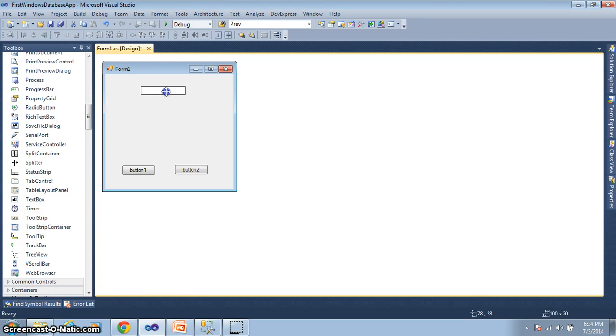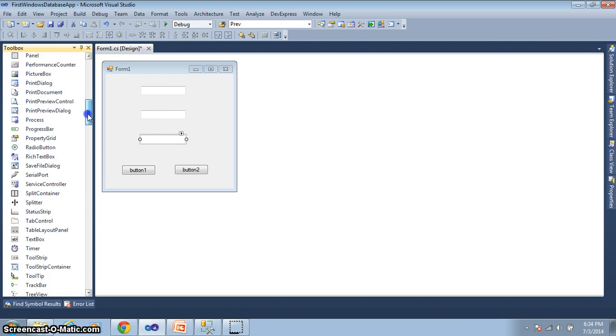Since we have three attributes like USN, name and age, we need three text boxes. Then we'll go with the labeling part as well.